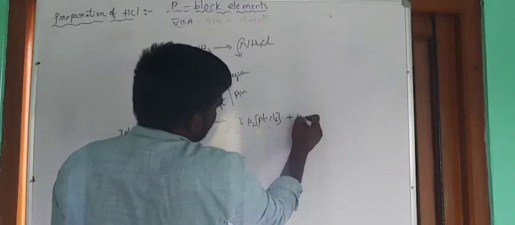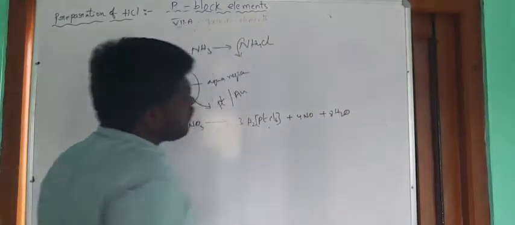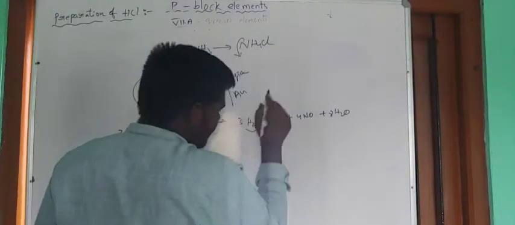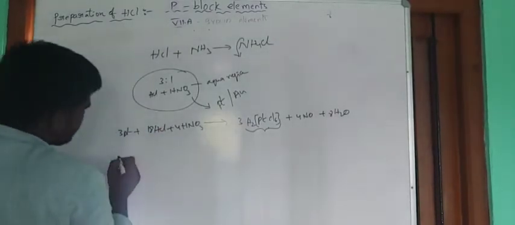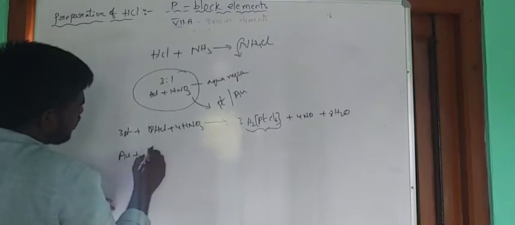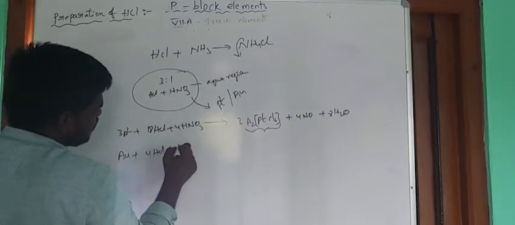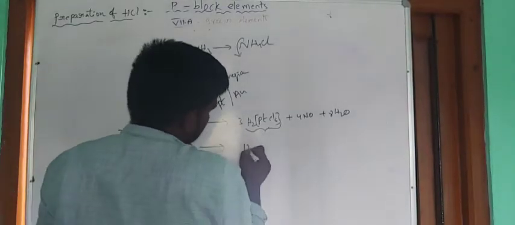This one, and 4 moles of NO and 8 moles of H2O is given. So due to the formation of this complex salt, platinum can dissolve in the aqua regia. Right? The next one, let us see gold. So gold can react with 4 moles of HCl, and the next one HNO3, and gives here gold